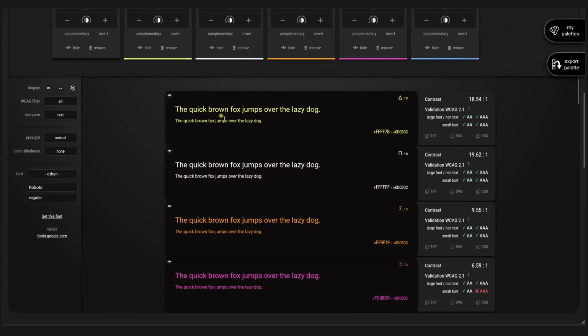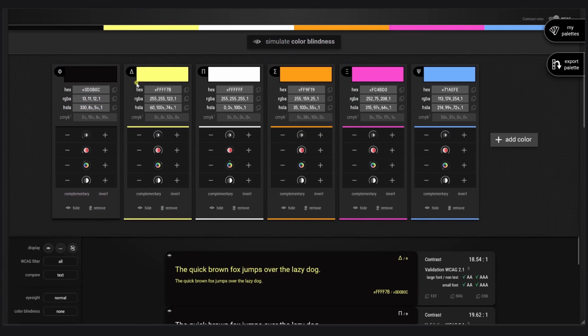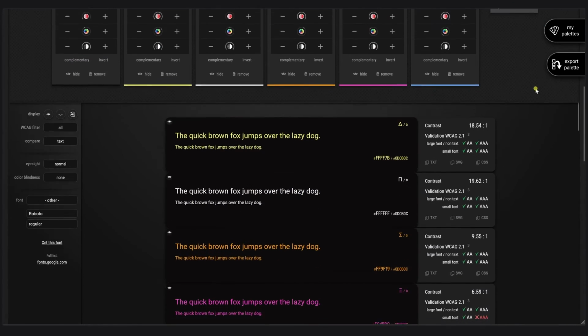Now let's analyze the simulation part. So the simulation part, you have a text, a large font and a small font. You also have the reference used in the color. Color defining the foreground and the background.